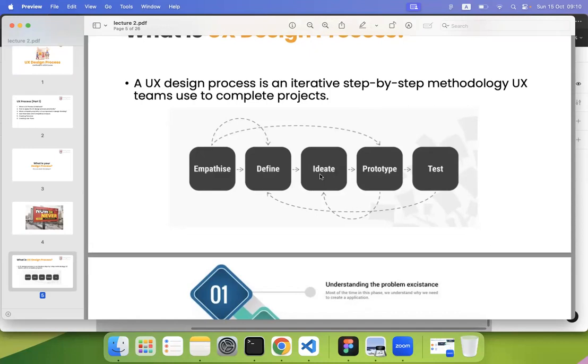So basically, if you gather requirements and do user interviews as well as competitor analysis,